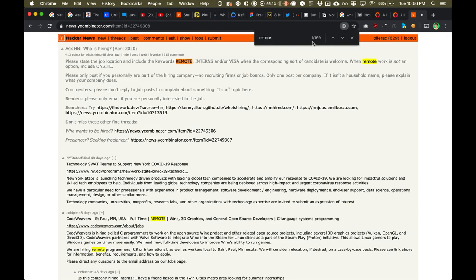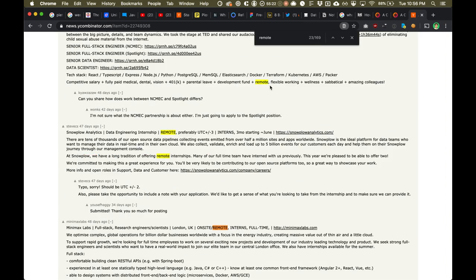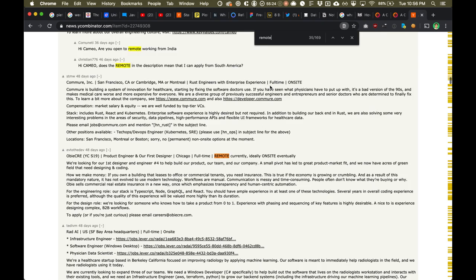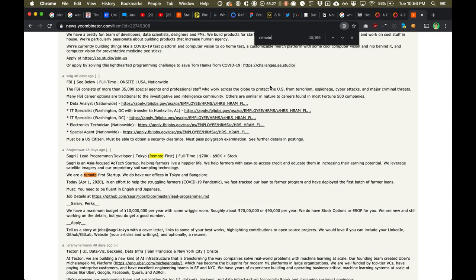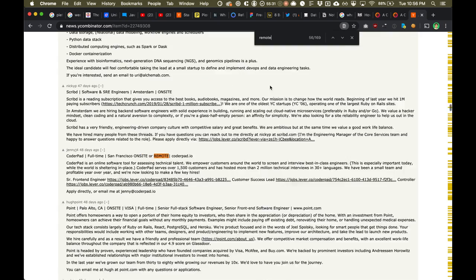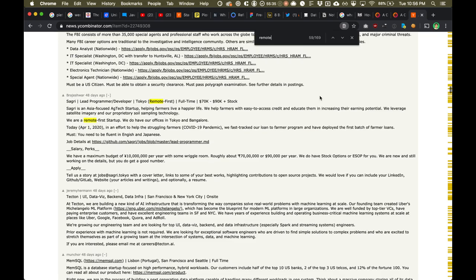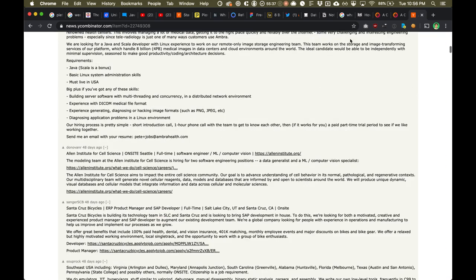And you can see how many remote companies there are by just searching remote. And we have 1 out of 169. So yeah, there's probably at least 160 companies in here, or maybe less, maybe like 120, because a lot of these are using remote more than once in their post. So yeah, maybe it's like 80, but still, it's a lot, right? And these are all posted just in a single thread on a single website.